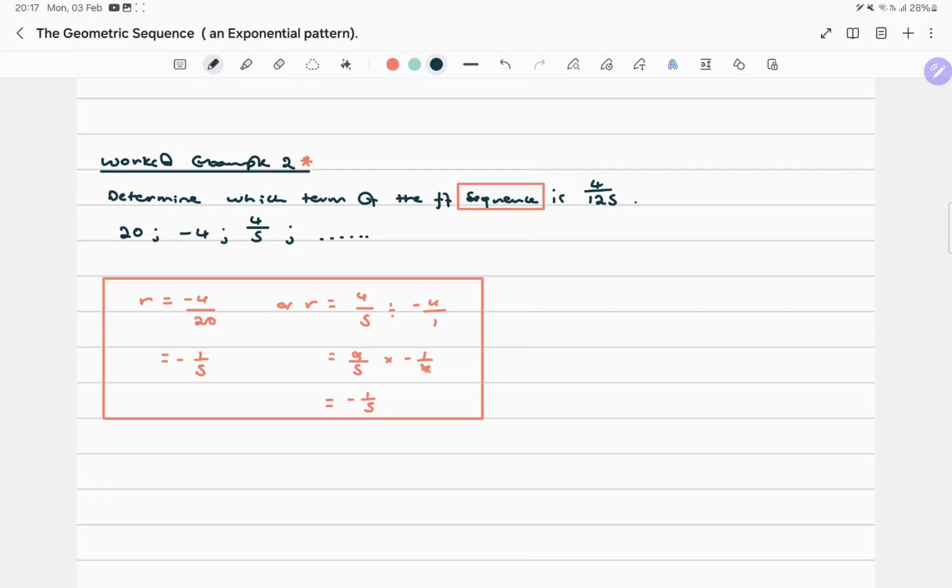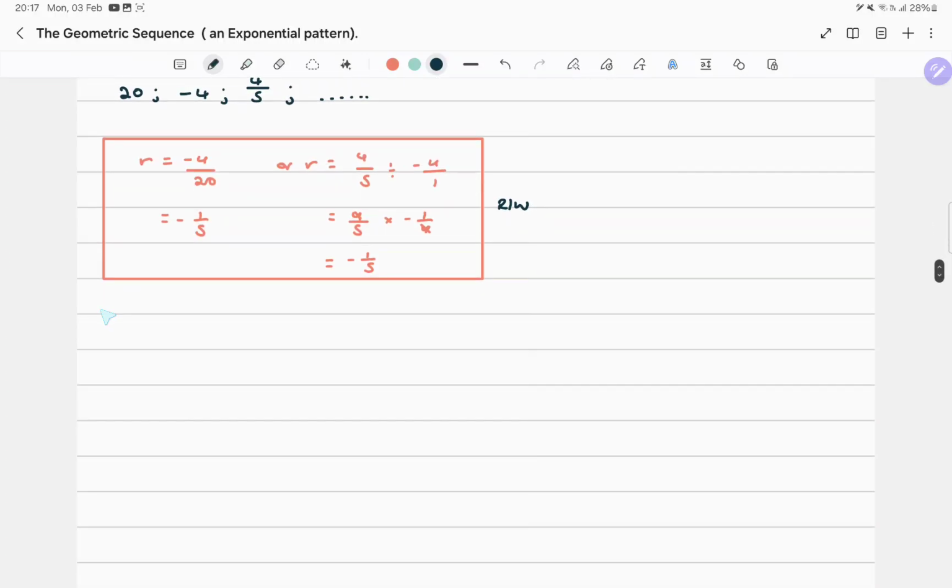The reason I just jumped to the common ratio is because I know we're dealing with this pattern. But in the exam, you check whether this is arithmetic, quadratic, or geometric. Those are the three main sequences that we get examined on. So that is the check for the student. Again, guys, this must be part of your rough work, meaning it should not feature here. Here we can just give the verdict that this is